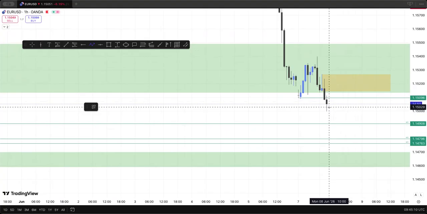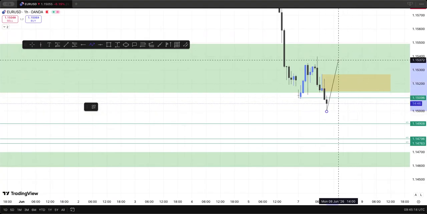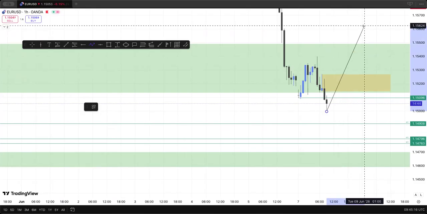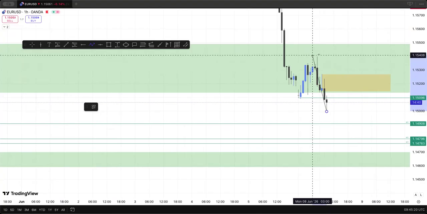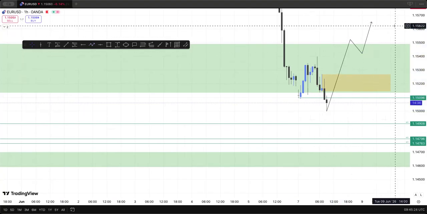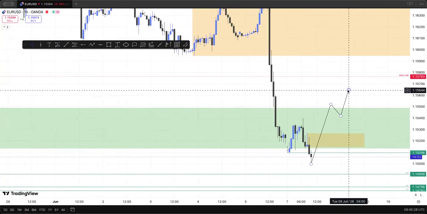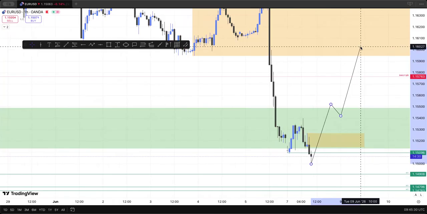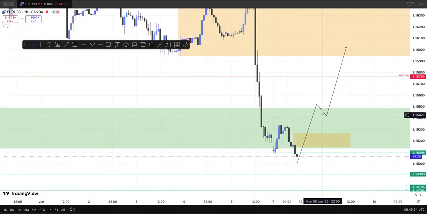But if you are to invalidate this support or resistance in confluence with supply and also invalidate this high right here, then I think we'll be looking for some buys into the daily supply or the daily support or resistance. So yes,